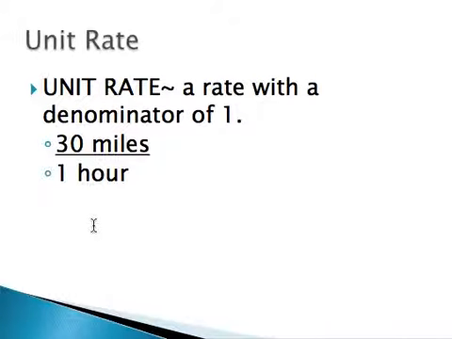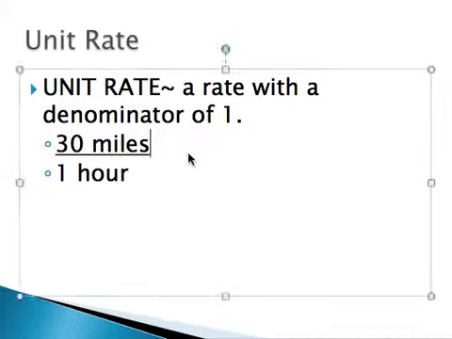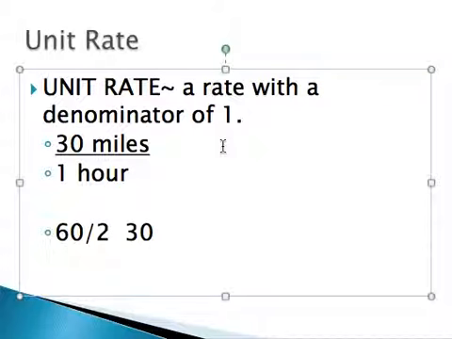A unit rate, and probably the most important part of this, is that we have a rate with a denominator of 1. So if we think of that example before, we had 60 miles in 2 hours. If we want to know how much that is in 1 hour, which would give us the denominator of 1, we would do 60 divided by 2. This equals 30. So our unit rate would be 30 miles